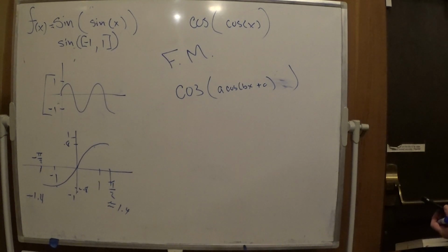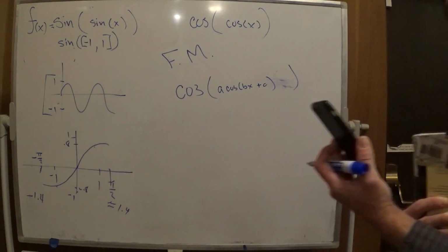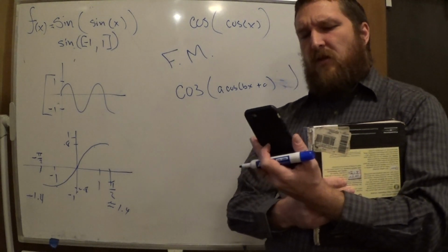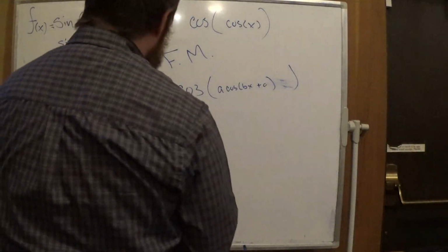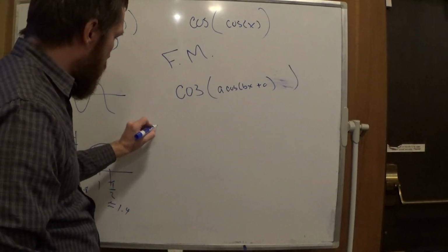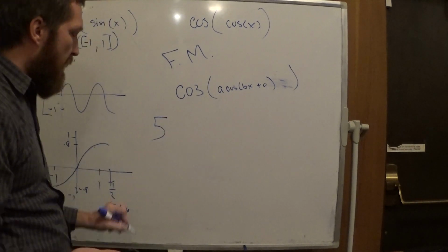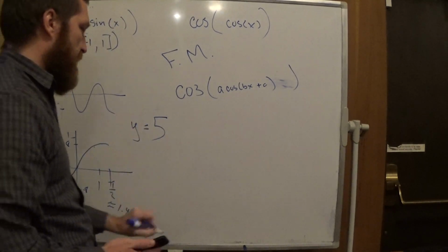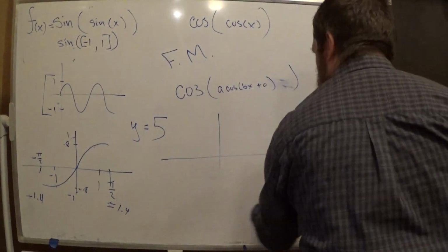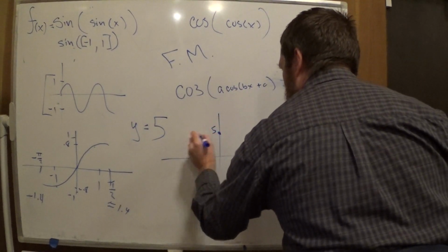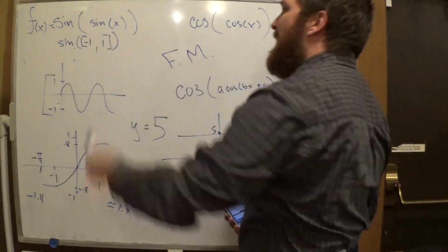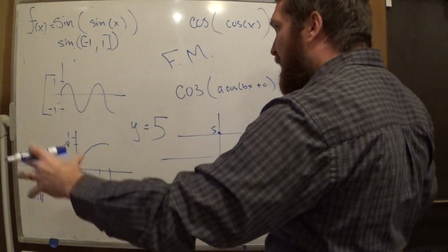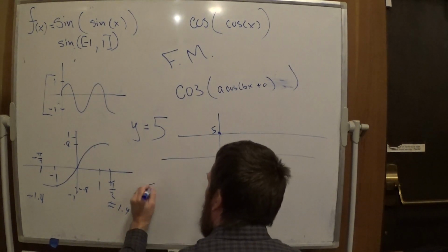Okay, so sine of sine pi gives you a horizontal line. Yeah, because you didn't plug in a variable. In Desmos, if you just write in 5, it interprets that as y equals 5, and then it gives you a line that goes through 5. So if you did sine of sine x, it would plot the stuff, but if you did sine of sine pi,